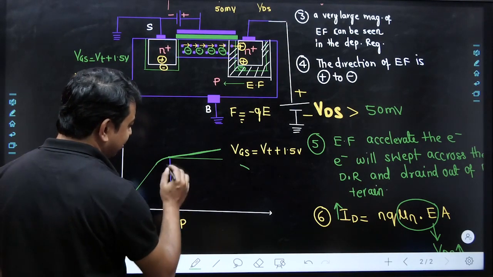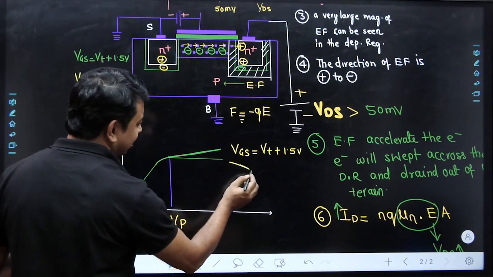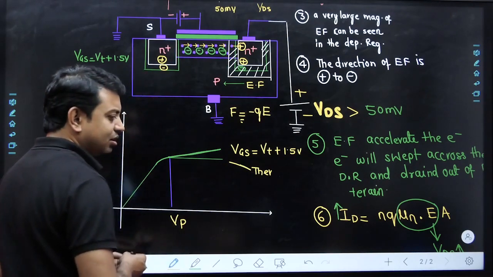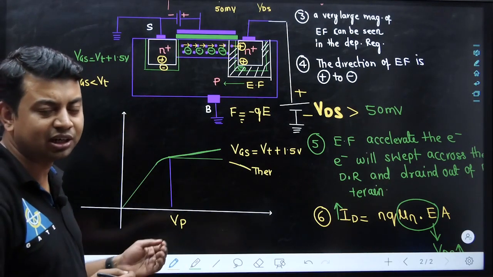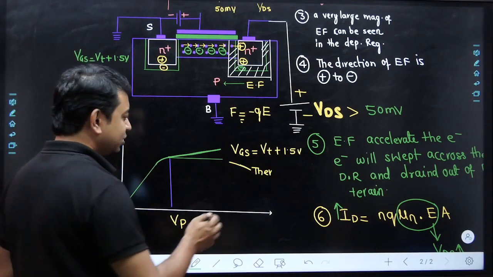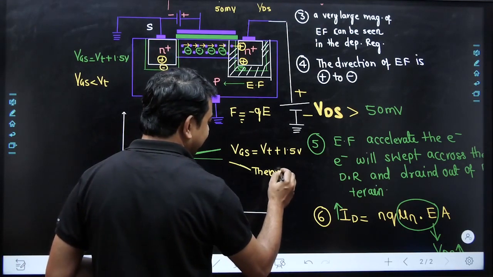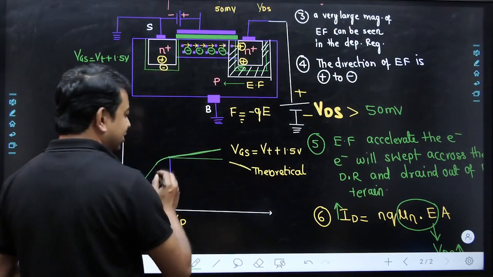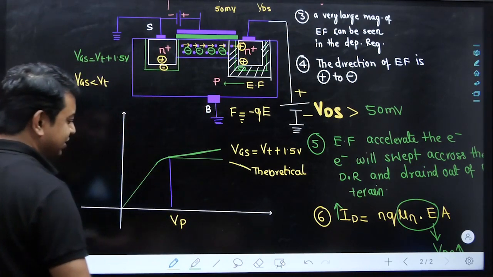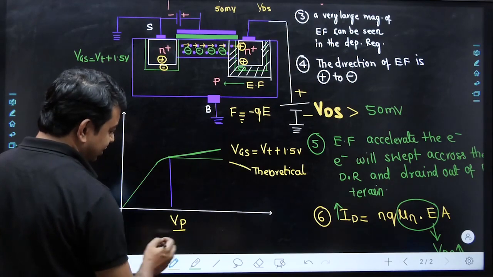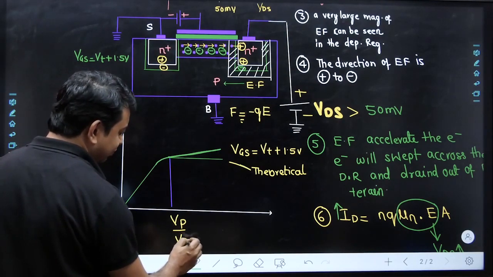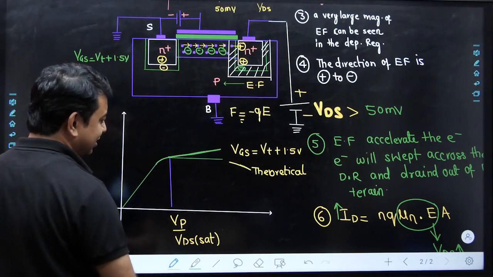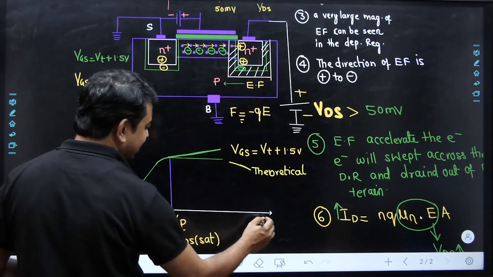But if we have a constant current here, this is only the theoretical concept. This will not be understood by the practical things that are happening here. So this is a theoretical concept in which we understood that the magnitude of current is not increasing after this pinch off voltage. This pinch off voltage is known as VDS SAT, and we are going to understand what VDS SAT is naturally after understanding this problem.